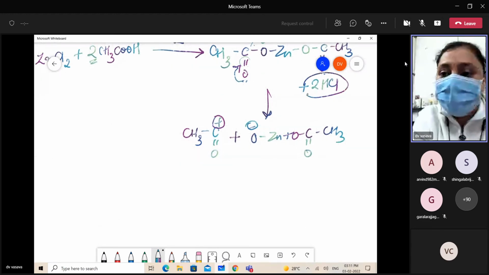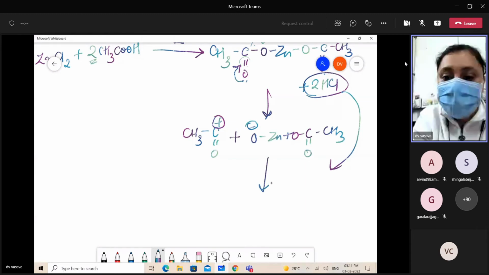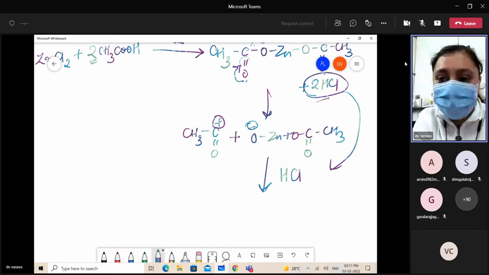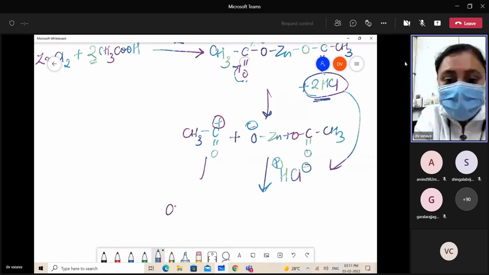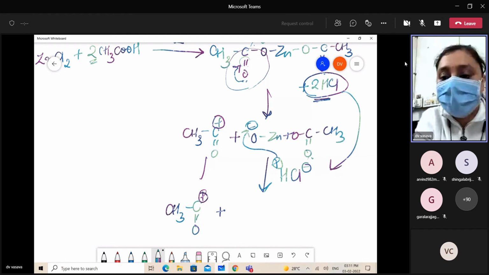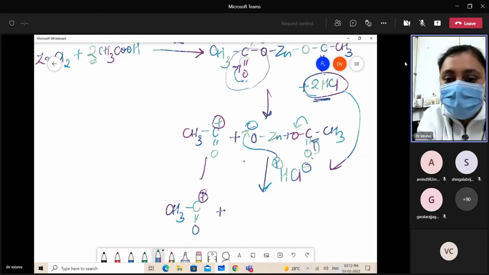Now we will be utilizing these 2 moles of HCl. So one of these 2 moles of HCl is utilized here. This we will write as it is because we have already formed our electrophile. This hydrogen gets attached over here, and the same mechanism which was carried out here will be carried out here also. And so we are left with OH, Zn,